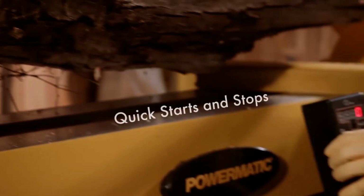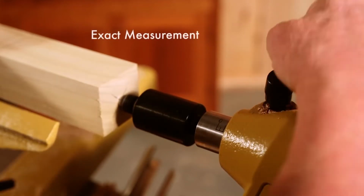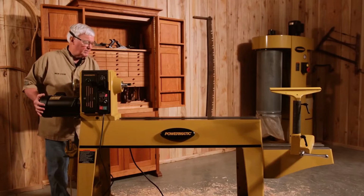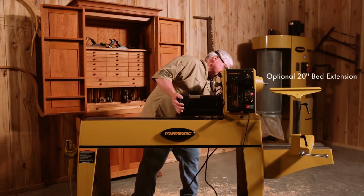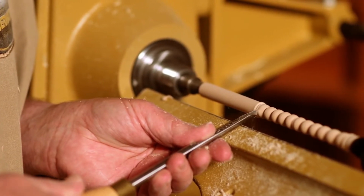The movable control box, adjustable risers, anti-rotation tailstock key, and easy-to-read digital speed and indexing readout make turning a customizable and intuitive experience. The sliding headstock and precision machined bedways provide convenient positioning for more accurate turning and is capable of outboard turning